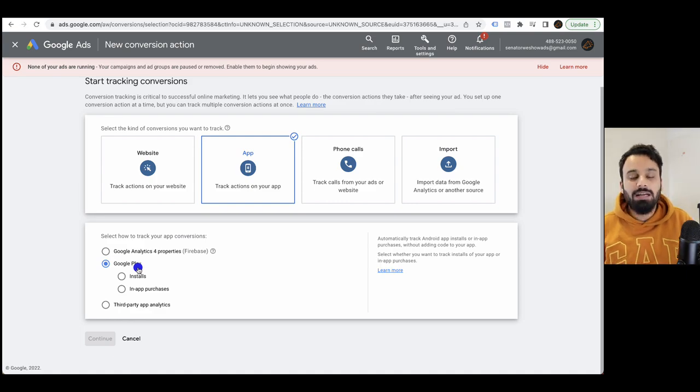Or let's say you are an e-commerce app. Now for you, only installs do not matter, because you also want to know how many people who clicked from the campaign actually ended up buying something. So you can actually create an event to pass on information about how many people did an in-app